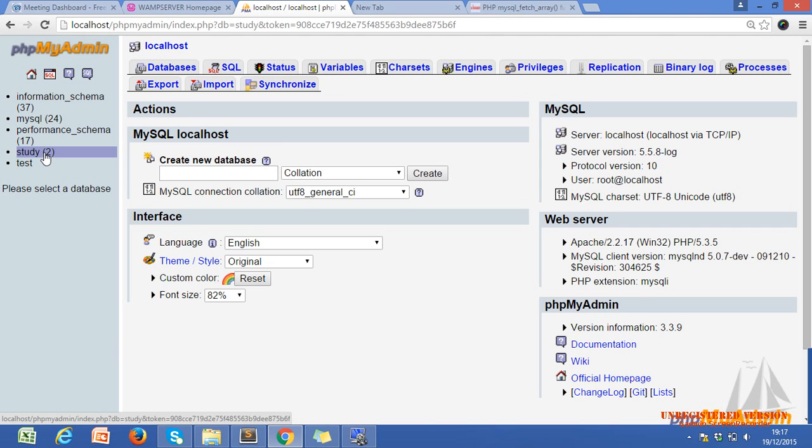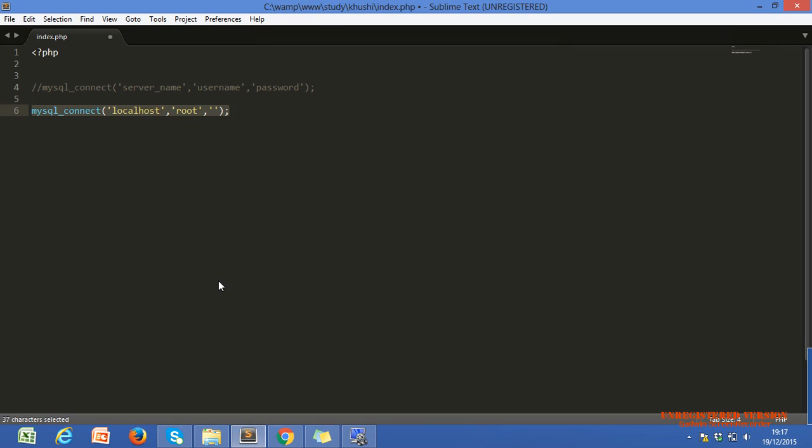Do you understand? If you want multiple databases, there is a way, but it is a rare case in a website. It will be part of advanced PHP, and we will discuss that later, but we have to connect to a minimum of one database. Now we are connected to phpMyAdmin, but we didn't connect to any database. Let's see how we connect to our database.